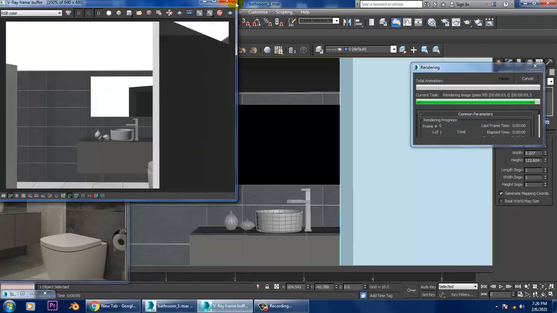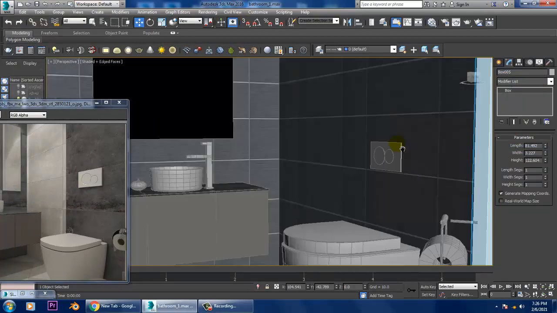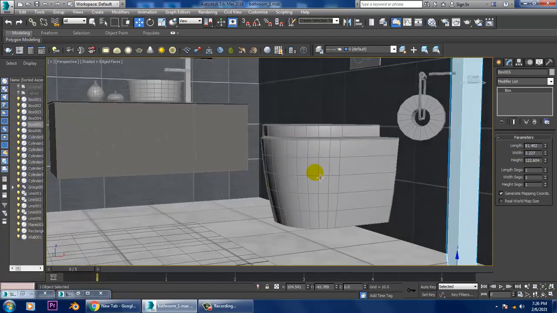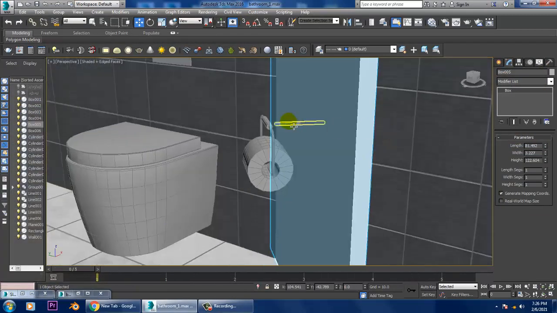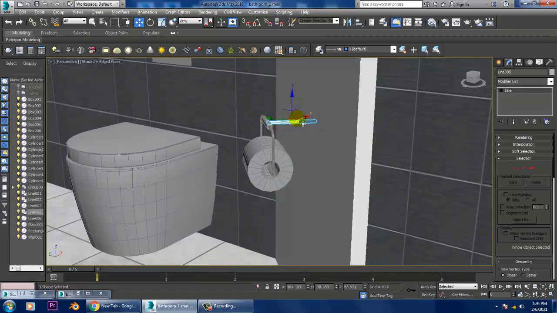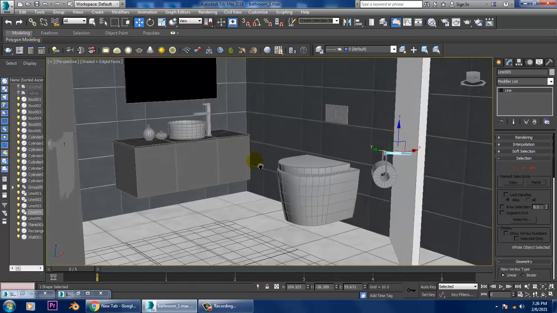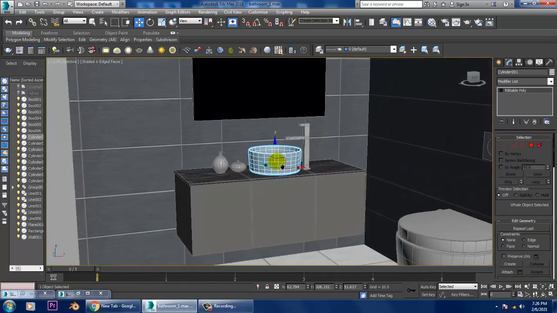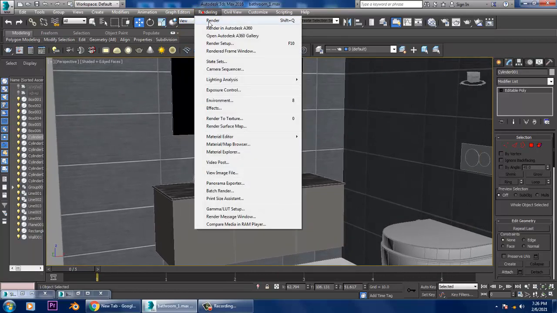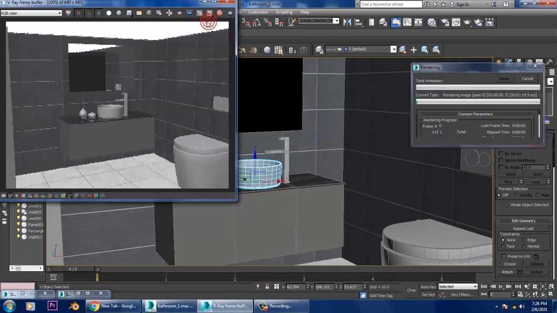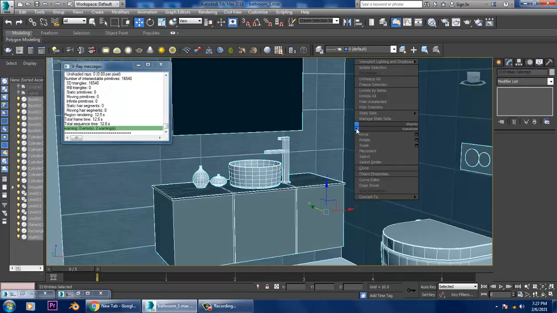So as you can see over here, what are the basic things? We'll be definitely utilizing the camera also. So first we'll just set the few things over here which are left. Now if you look at it and if you render it, you see how it looks like. So wherever you have assigned some reflections, definitely your reflections would be visible over here, whatever you have assigned over here.